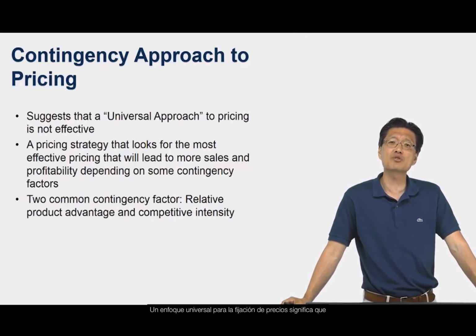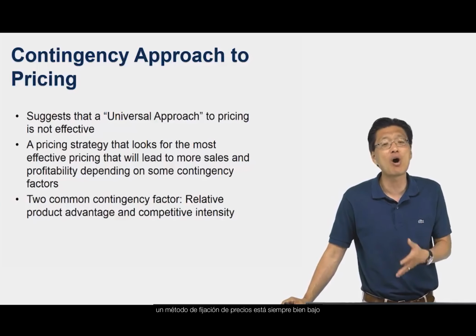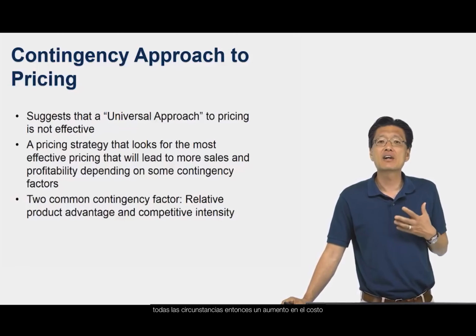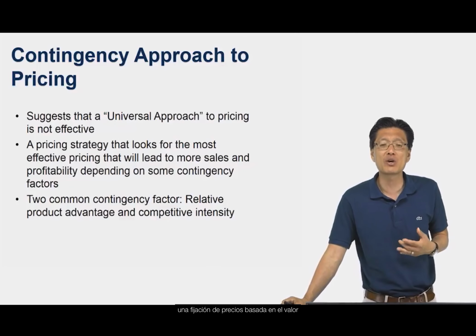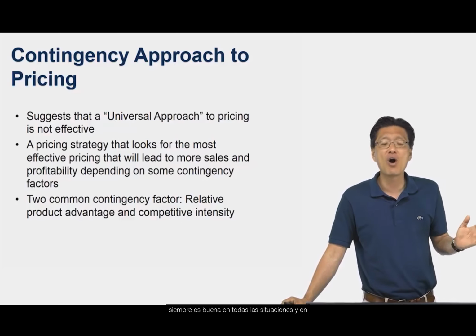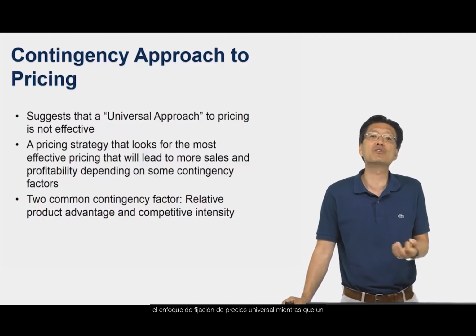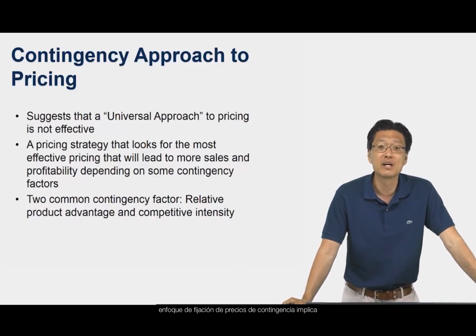A universal approach to pricing means that one method of pricing is always good under all circumstances. So cost-plus pricing or competition-based pricing or value-based pricing being always good under all situations, under all conditions, would be consistent with the universal pricing approach. Whereas a contingency pricing approach implies that